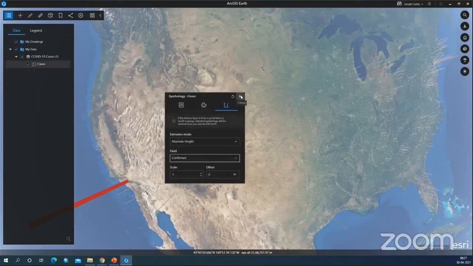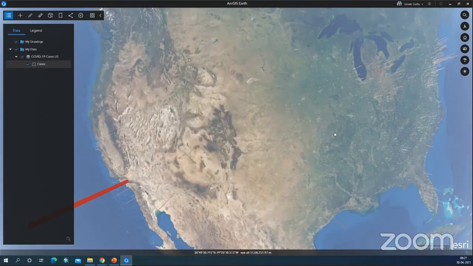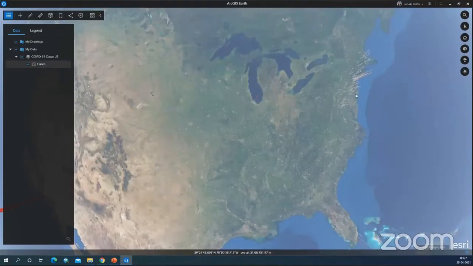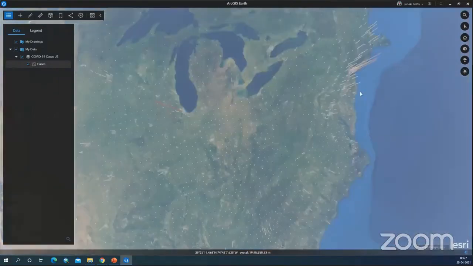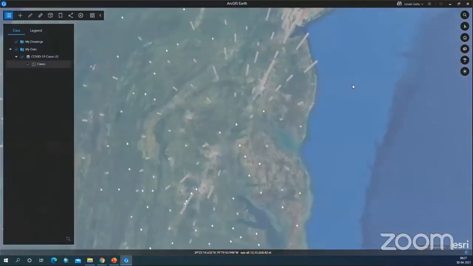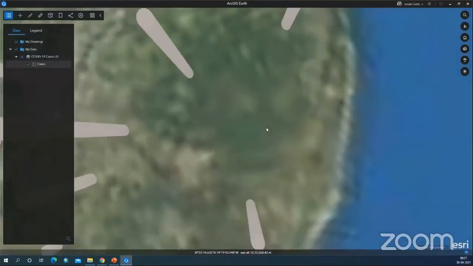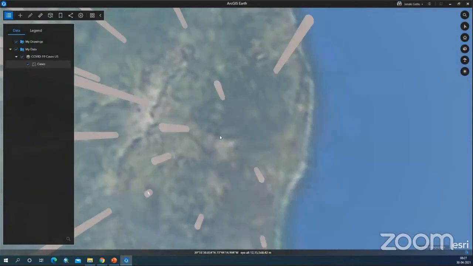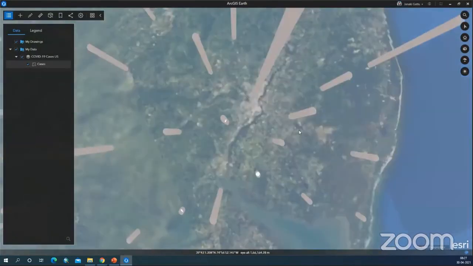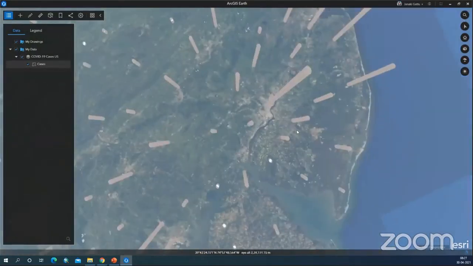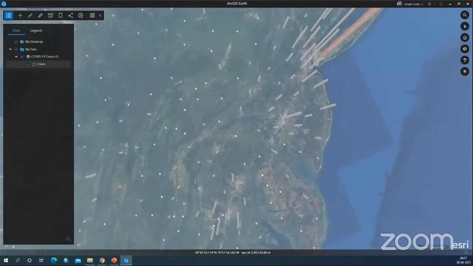And with this, you'll be able to see your data here in the 3D view. As it is on the network, it is a little slow. Just hold on. You can see the data in 3D view here.